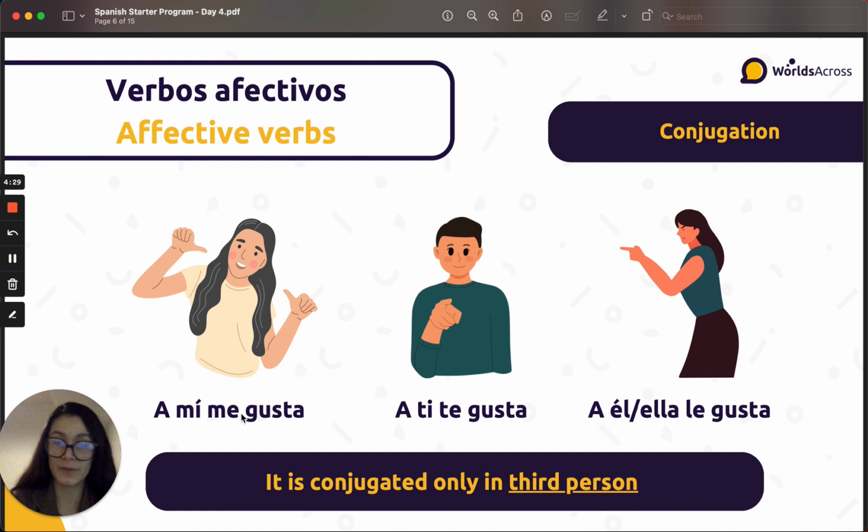It doesn't change with the subjects. You see? It's the same. Why? Because it's conjugated in the third person. It means that it's always going to be gusta. It's not going to be gusto or gustas. No. There is no agreement between the subject and the verb. The only thing you have to remember is that the conjugation is going to be the same for everybody. So, I like, a mí me gusta. Muy bien.